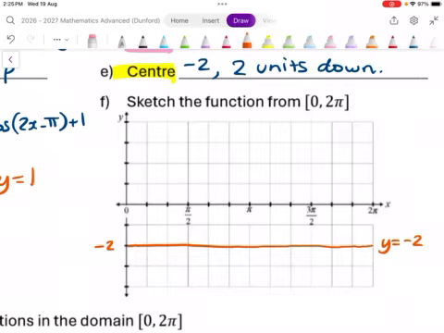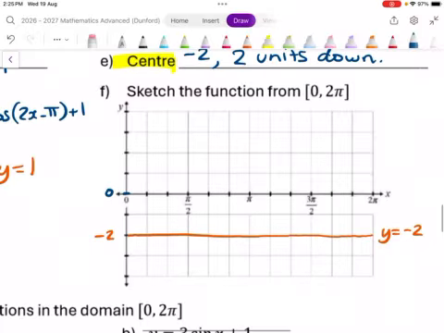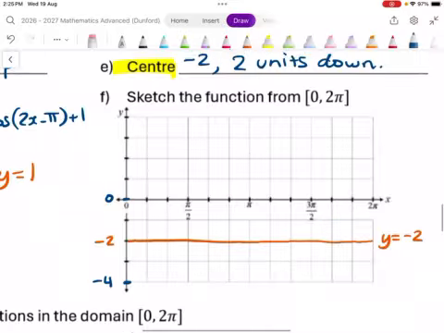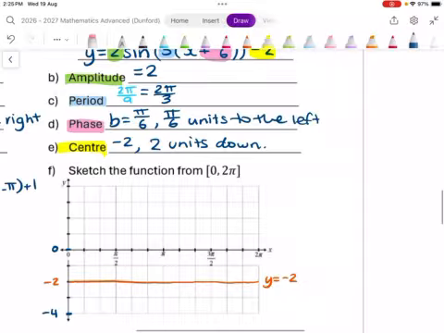Okay, if our amplitude is then 2, we want to go up 2 units to 0. So 0 is going to be where our maximum occurs, and down 2 units to -4. So we're only going to be working below the x-axis. Now, because our period is 2 pi on 3,